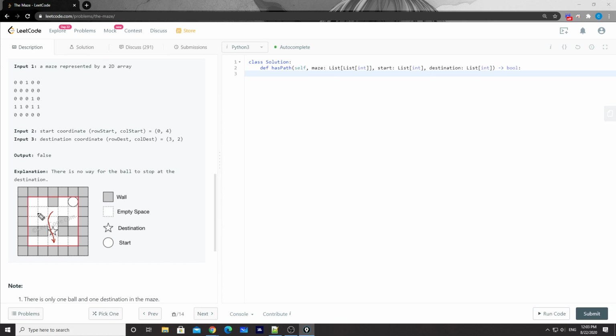It can only stop here, and here. So that's why we return false here. Basically, that's what this problem is asking you to do.